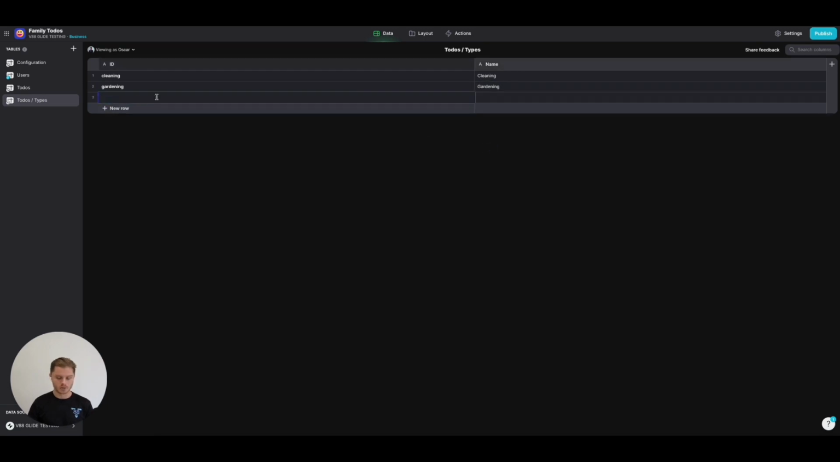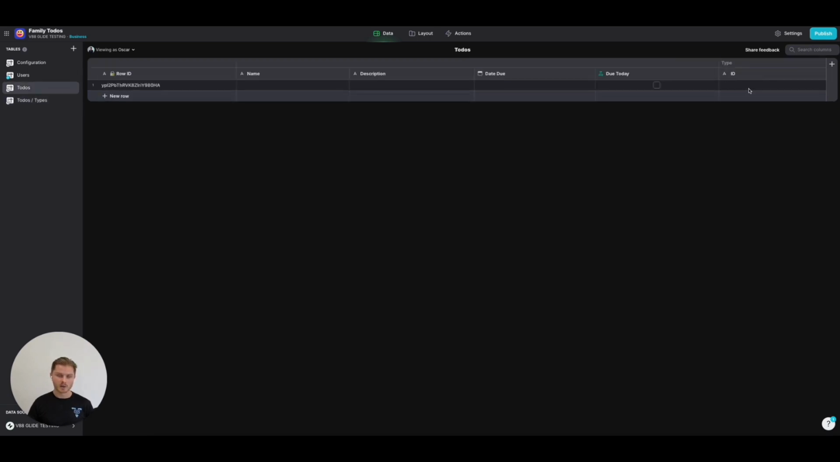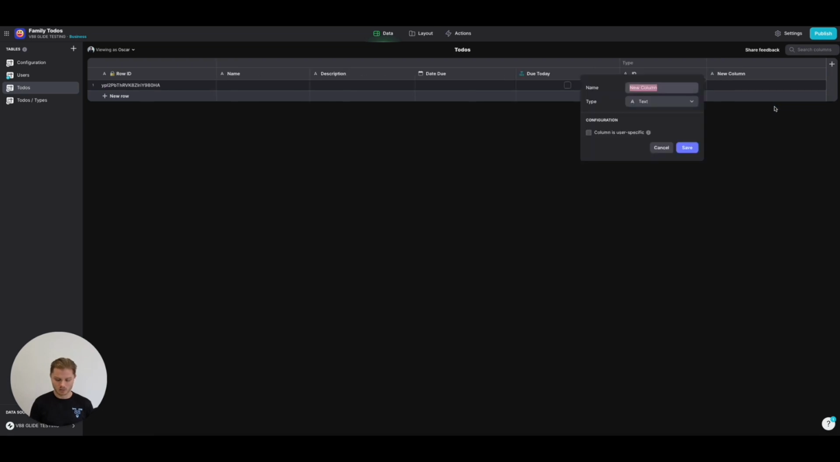And let's say we've also got kitchen, like that. So what we're going to be doing is entering the ID of a type of to-do into our type ID column, and we're then going to be creating a relationship to pull through the type itself. And what this looks like is we're going to introduce a new column here called type